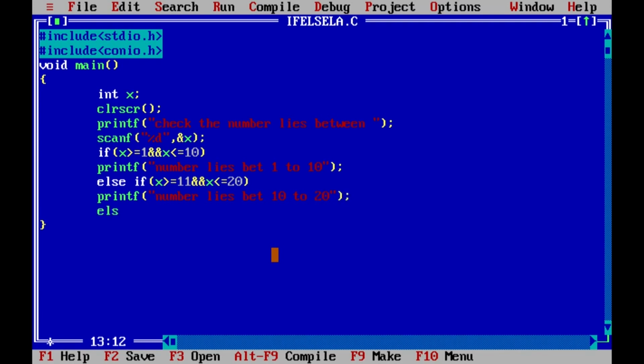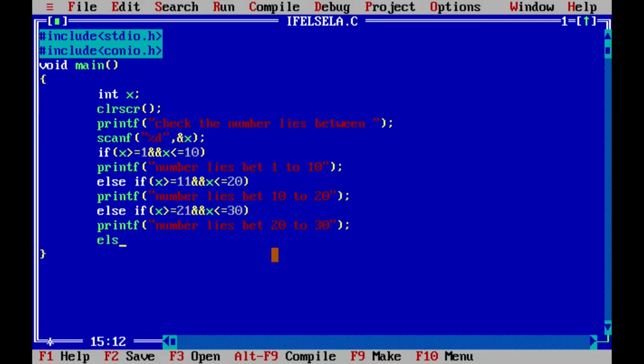Then again else if, here we write x is greater than or equal to 21, again and operator, x is less than or equal to 30. Then in the printf we write number lies between 20 to 30,